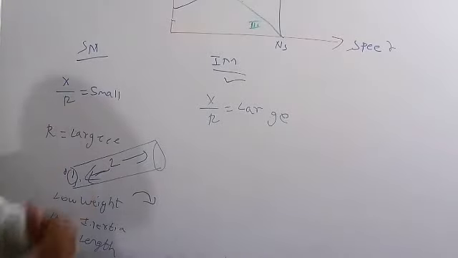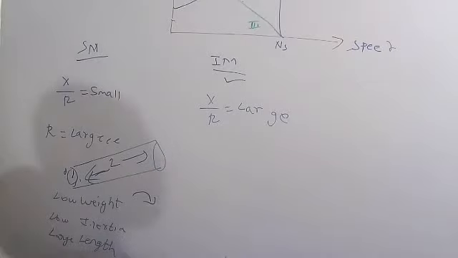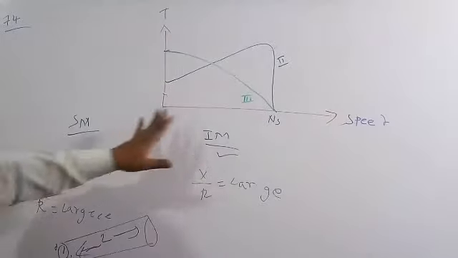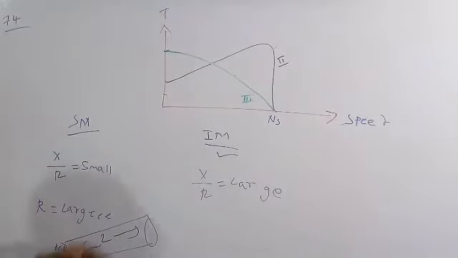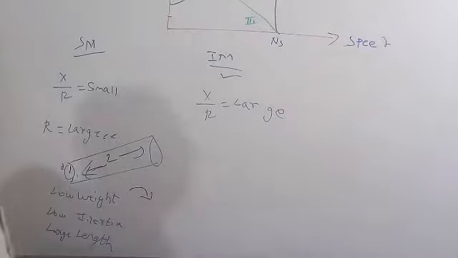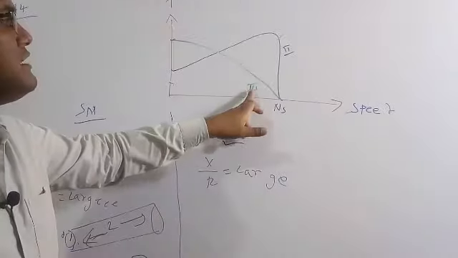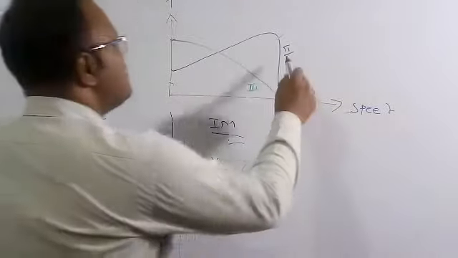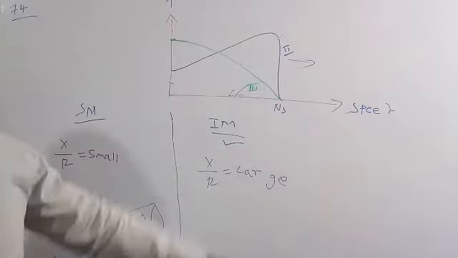So basically AC servo motor is nothing but induction motor. Therefore at synchronous speed always the torque has to be equal to 0, and here the X by R ratio is a very low value, meaning the resistance will be a very large value, but for induction motor the X by R value is a very large value. So these are the important facts of the induction motor and the synchronous motor. Therefore, out of these graphs, the third and fourth, 2 is for the induction motor and the third is for the AC servo motor. So the third graph is for the AC servo motor.